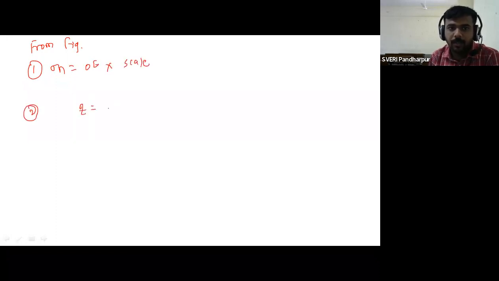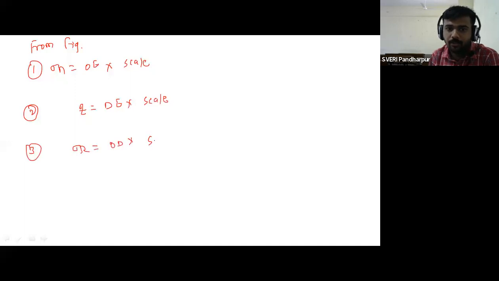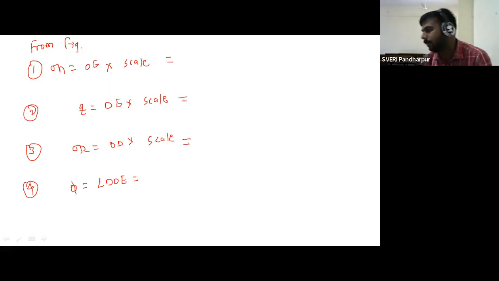Sigma t is equal to D to E into scale. Third, sigma r is equal to OD into scale. And fourth, phi is equal to angle DOE. So what is your OE distance? OE is equal to